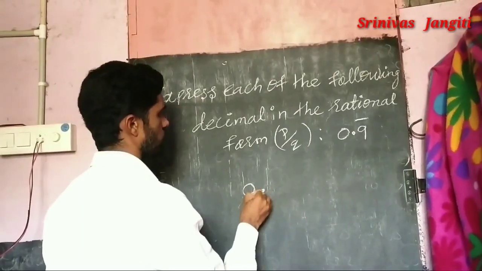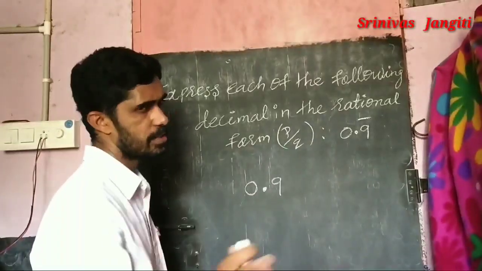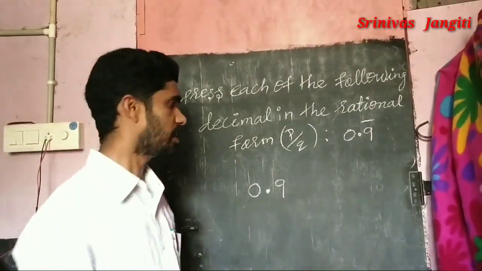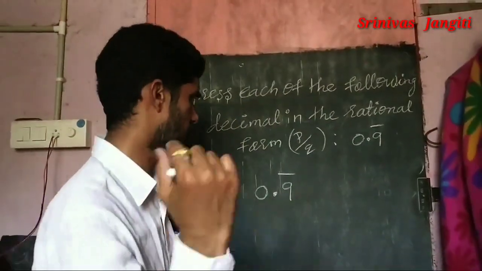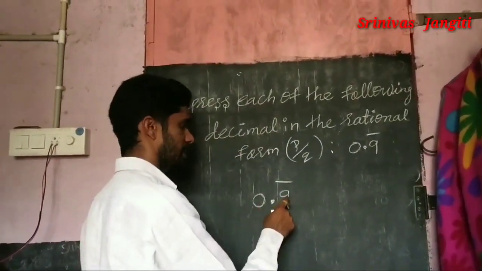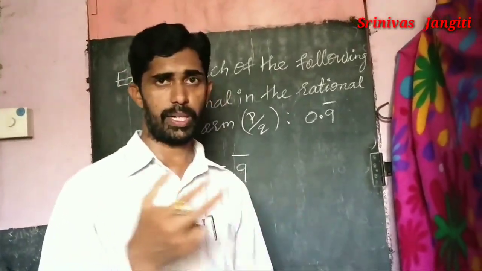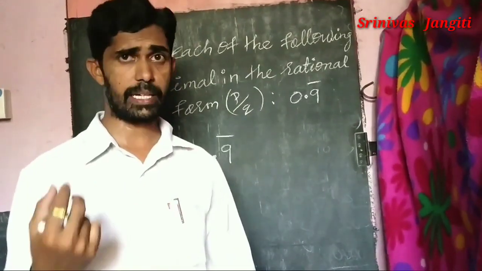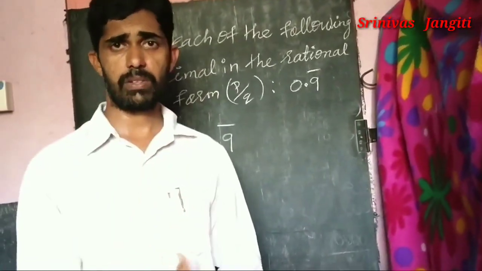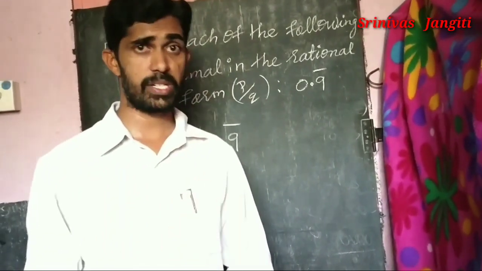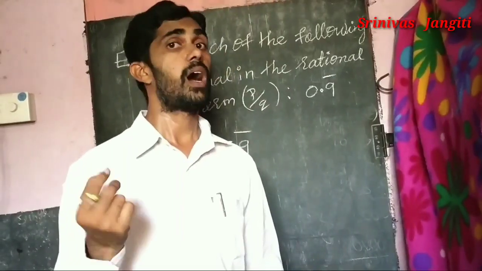It is 0.9. Here 0.9 means simply 9 by 10, that is over. The concept is in the previous video, right? Here what is the extra? The bar. That is the difference. So, 0.9 bar. Here the majority of members write it out, multiply with 10 and multiply with 100, and take the first equation and the second equation, and do a subtraction. After your lengthy problem and lengthy solution, afterwards you get an answer.